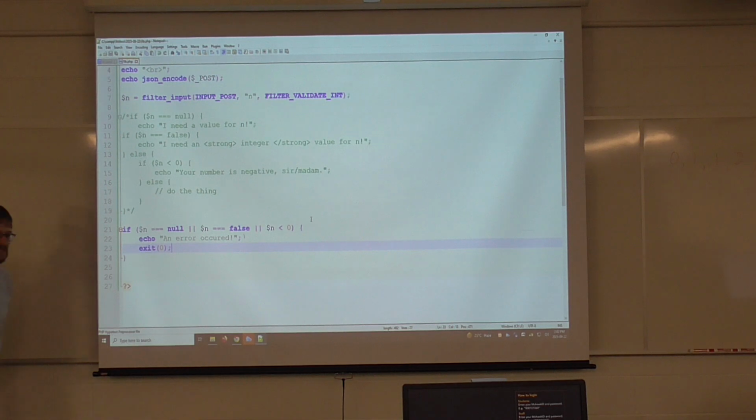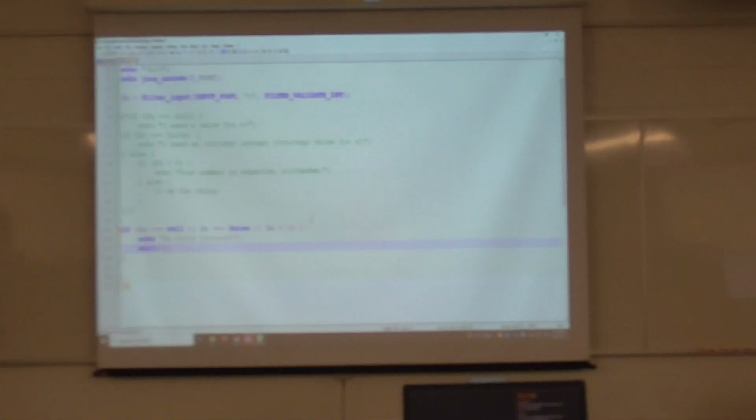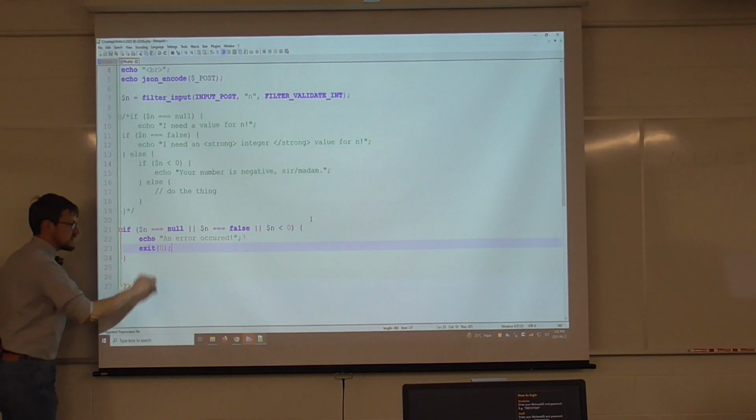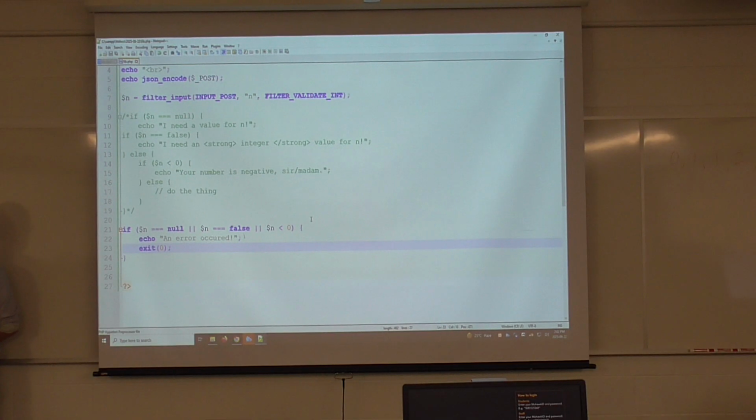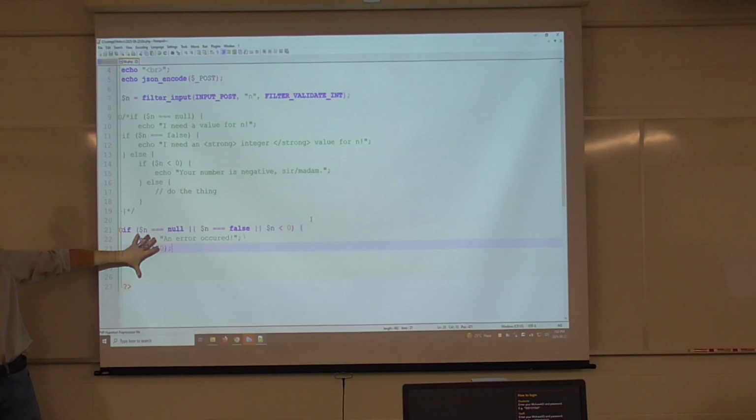I got into an unexpected state with the program and an error occurred. In this program, if we hit this echo statement, no problem has occurred in our PHP script. Our script is behaving the way it's supposed to behave by rejecting bad input. But that doesn't mean that the script itself